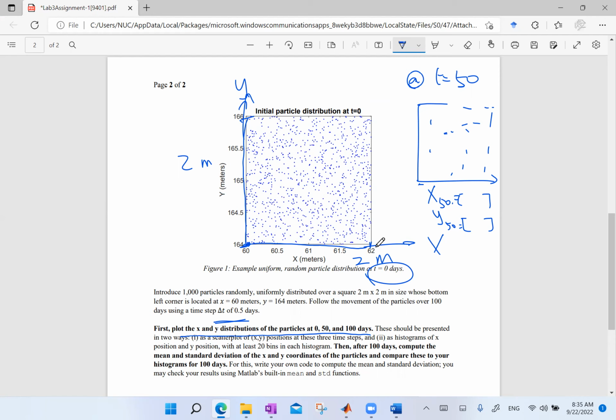And then the x interval goes all the way to 62. And the y interval goes all the way to 166. So basically 2 units in each direction. And we want to distribute, before we do anything, we want to distribute all the particles uniformly on this grid. So in this case, we're going to use rand instead of random. So let's begin with,